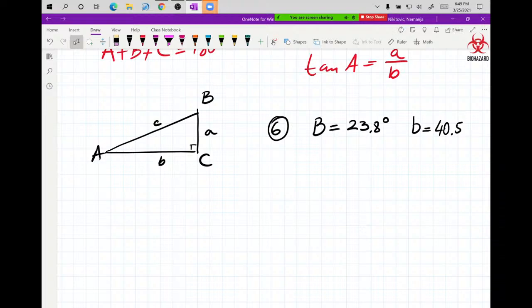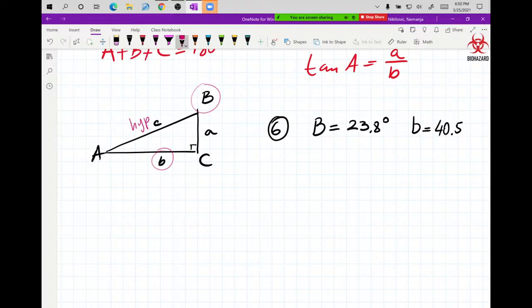So how do you solve this triangle? Well, you are given this angle and this side. Why do I circle this angle? Because I want to know immediately where to put my opposite, adjacent, hypotenuse. That depends on the angle, because I know this one is always going to be the hypotenuse, because that's the longest side